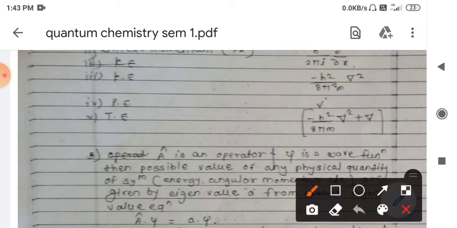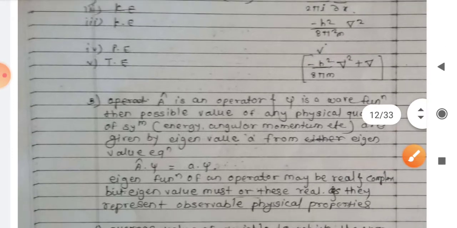Now potential energy. Potential energies are different, and they are represented by V. For gravitational force the potential energy is mgh. For a simple harmonic oscillator the potential energy might be half kx square. So based upon the system, the potential energy is specific to that system. For potential energy, the quantum mechanical operator we simply write as a capital V.